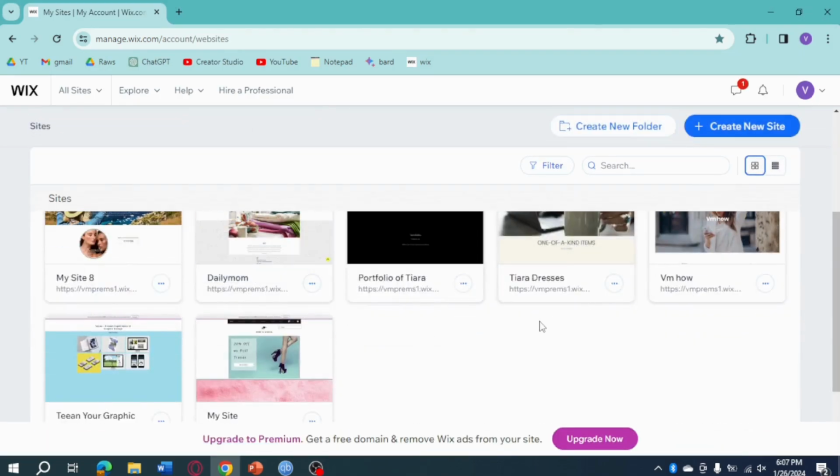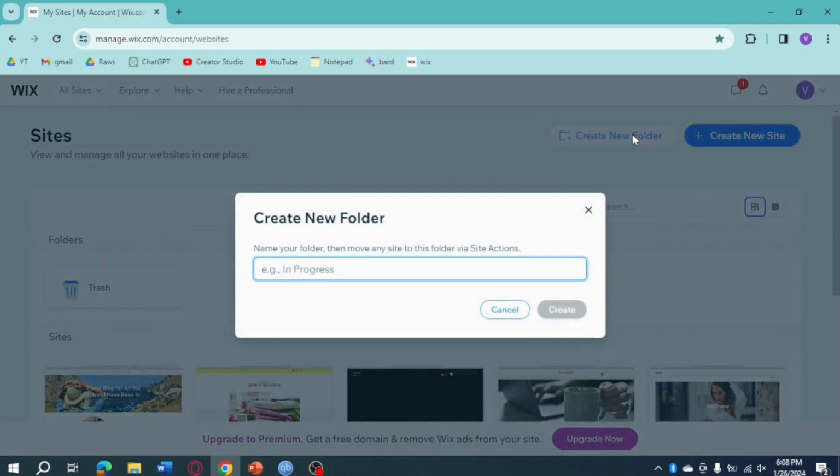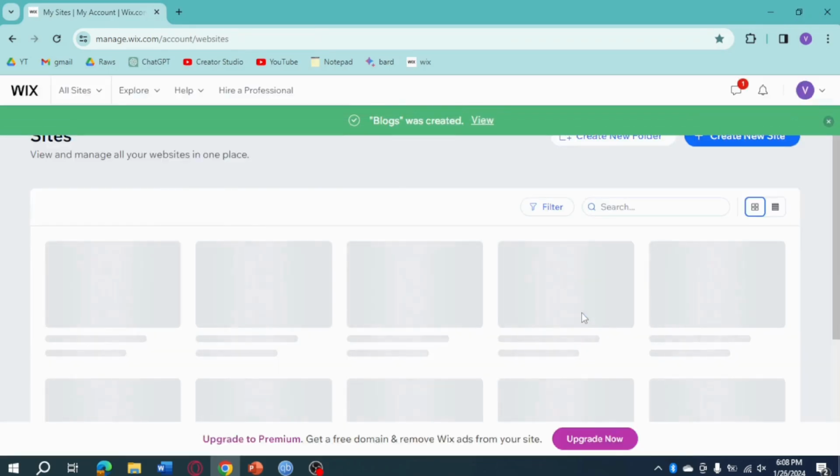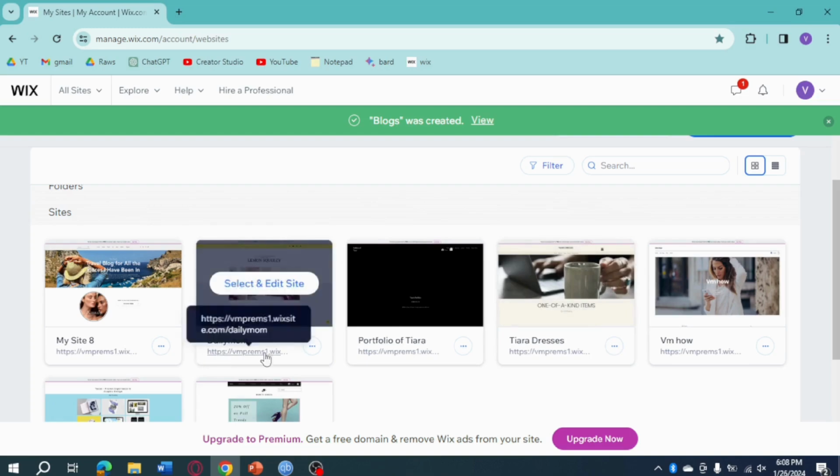If you want to create a folder, click on Create New Folder right here. Let's name it Blogs and click on Create. Then once you have done that, the next thing you do is make sure to put those sites that you